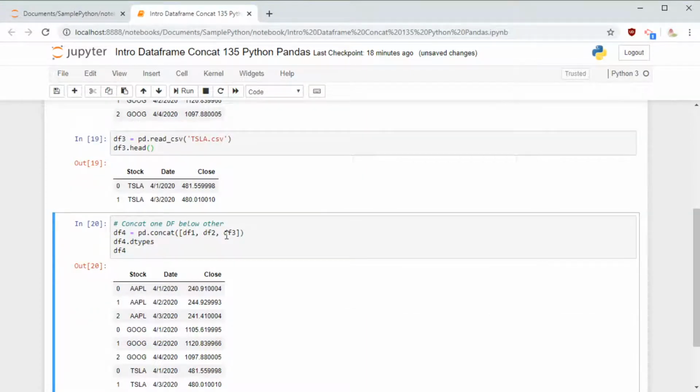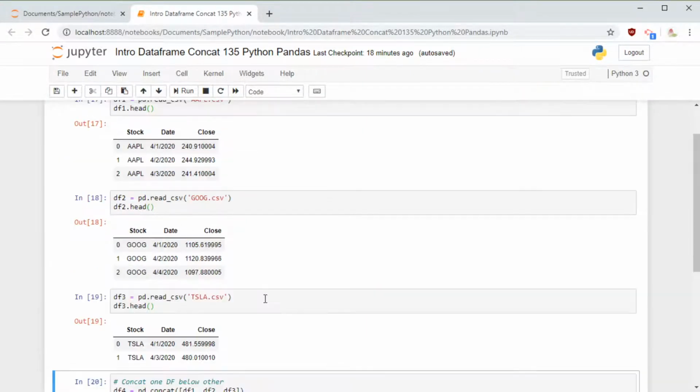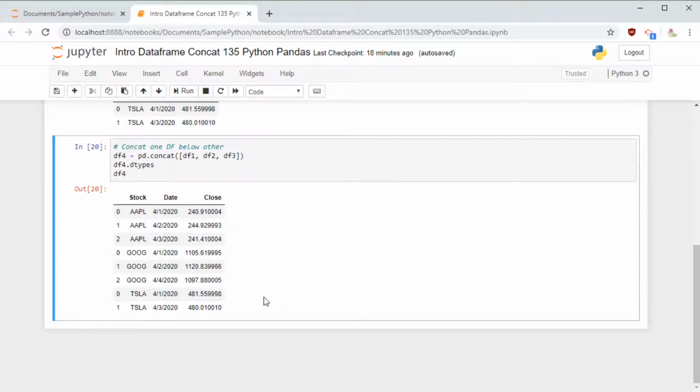And you feed that as an input and you concatenate, and then I display that. And the name of the data frame I have chosen is data frame 4 because I chose 1, 2, and 3 for Apple, Google, and Tesla. So now when I concatenated them and when I'm displaying that, I see all one below the other.